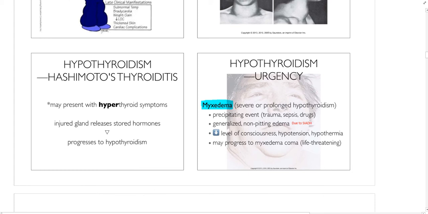And hypothyroidism may present with hyperthyroid symptoms at first, because the thyroid gland maintains a storage of about 6 months worth of thyroid hormones, and when the gland is injured or when the gland is under a lot of stress from having a dumping of TSH, we may end up having a